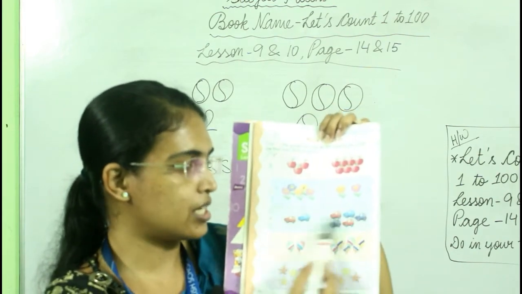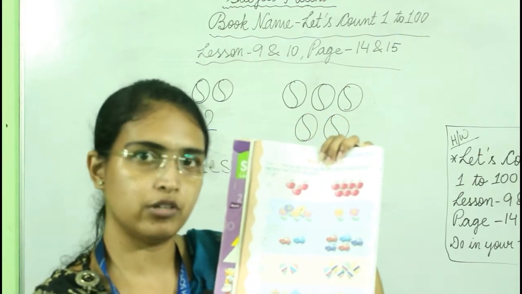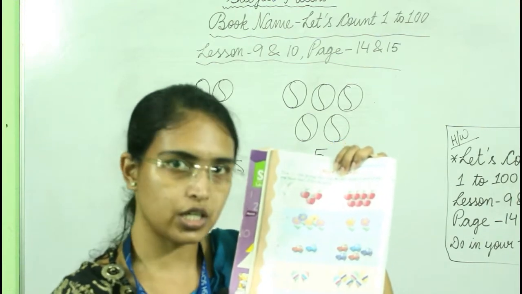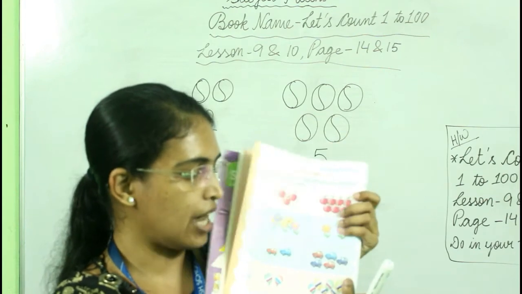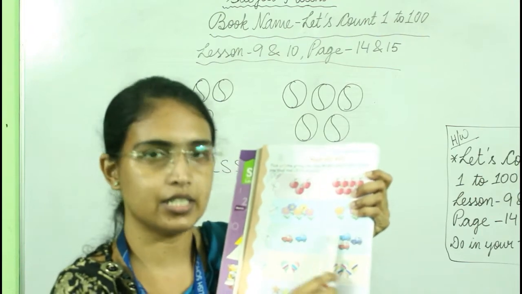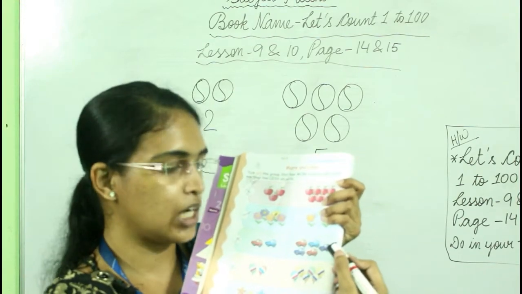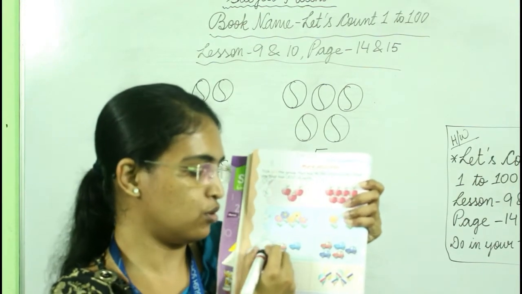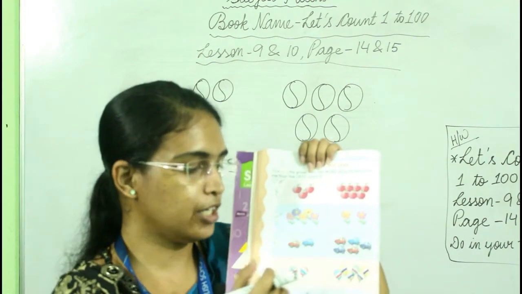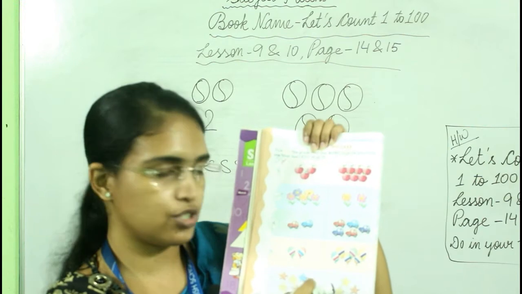Now look here. Here are some toy cars. Now let's find out in which side we have more and in which side we have less. So let's count. 1, 2. In this side we have 2 cars and let's see how many cars we have in this side. 1, 2, 3, 4, 5. We have 5 cars in this side, right? So in this side we have more cars, that's why we have to put a tick mark in this side and we have to put a cross mark in this side. So in this way you have to do these two sums, okay. These two are your homework.